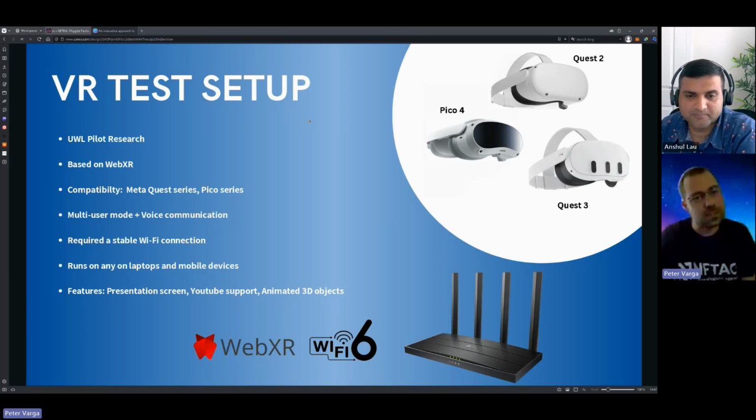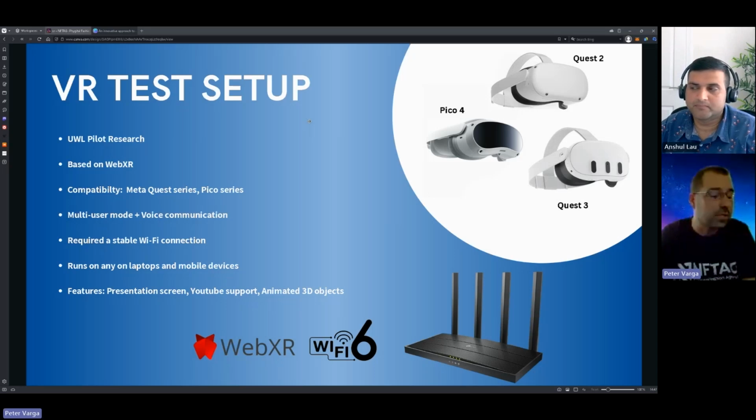Our test environment is based on WebXR, which is 100% on the web. Therefore, a stable Wi-Fi connection is really crucial, because if we have just maybe 10 or 15 megabits per second, the bandwidth is unfortunately not enough to support high quality 3D content.